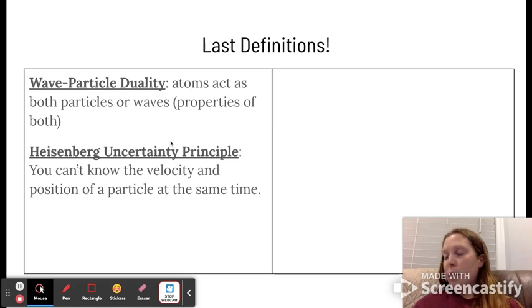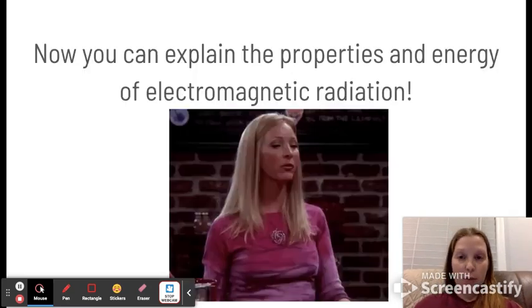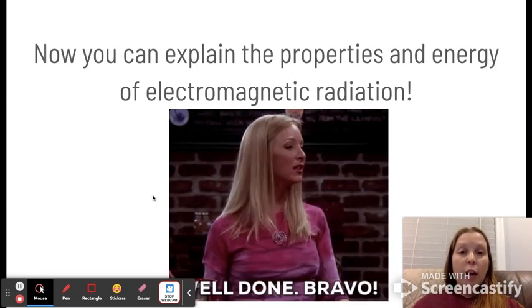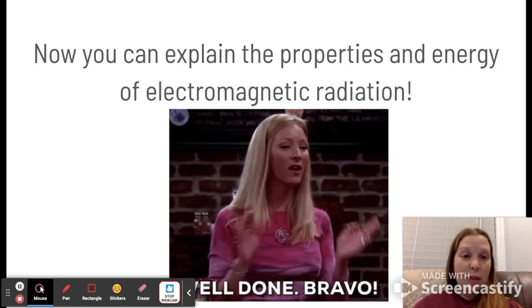And then our other one is the Heisenberg uncertainty principle, and this just states that you can't know the velocity and position of a particle at the same time. You can know one, but you will have no idea on the other. The closer you get to one value, the further you get from knowing the other. So very good, guys. Hopefully now you can explain the properties of energy